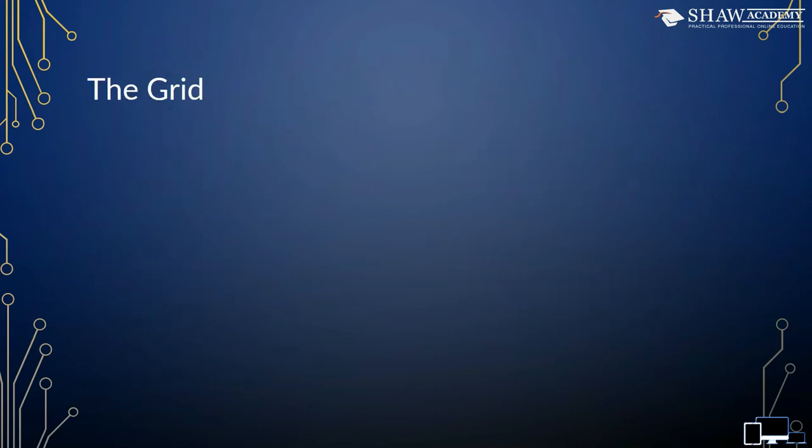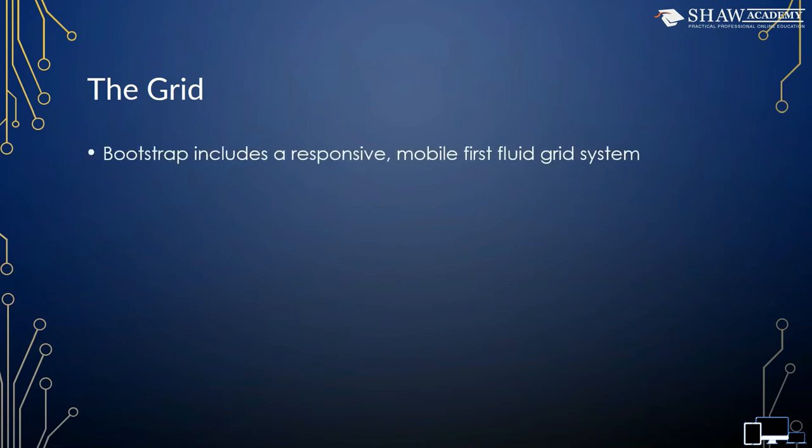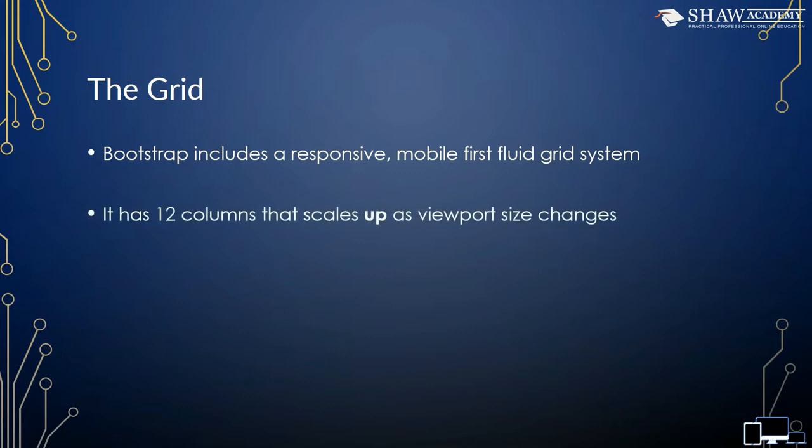All right, so the grid. The grid of Bootstrap. Bootstrap includes a responsive, mobile-first, fluid grid system. Now, this grid is made up of 12 columns that scale up as the viewport size changes. Notice I've got "up" written in bold there. If this was HTML, I'd probably mark it in strong, because that is a key part of the latest version of Bootstrap. It used to be that it has 12 columns that scale down as the viewport size changes, but